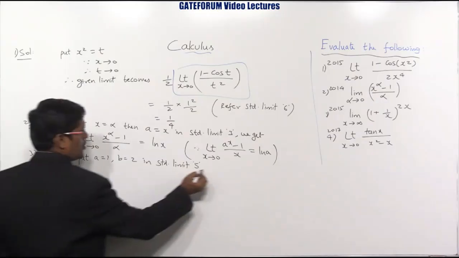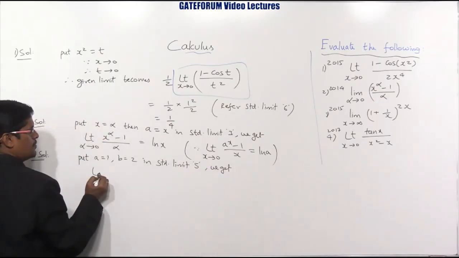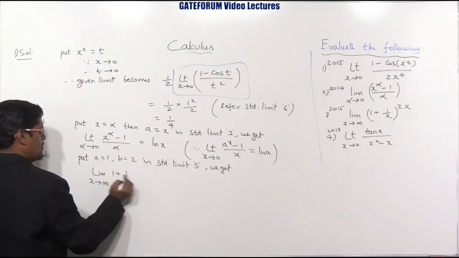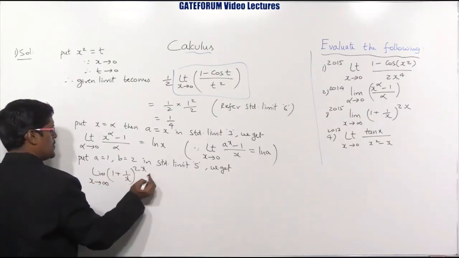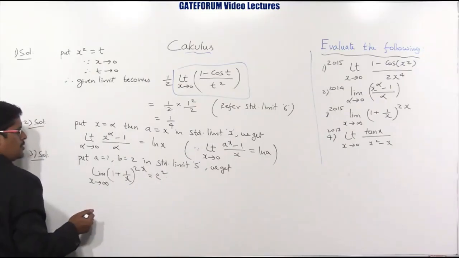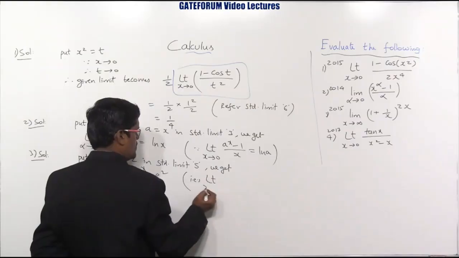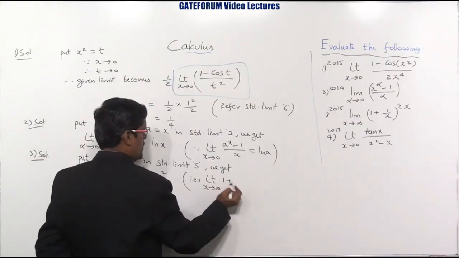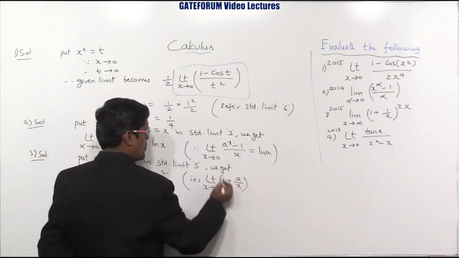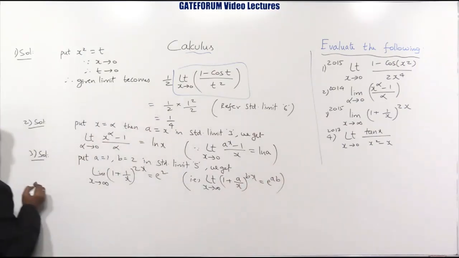Okay, we get limit x tends to infinity 1 plus 1 by x whole power 2x is equal to e square. Okay, that is limit x tends to infinity 1 plus a by x whole power bx. What is the answer? E power ab. And fourth one,